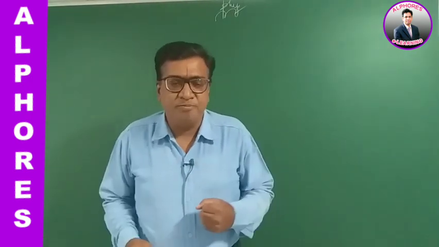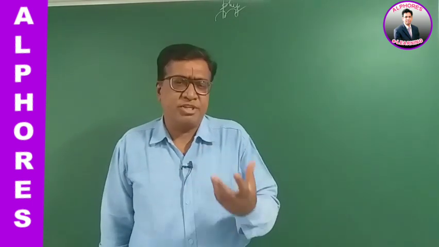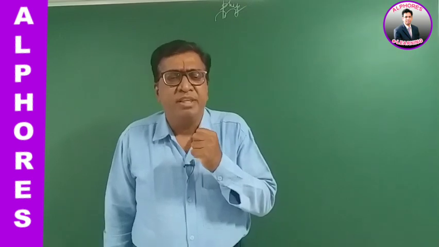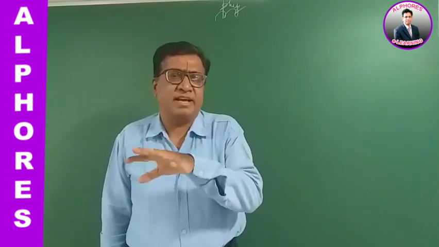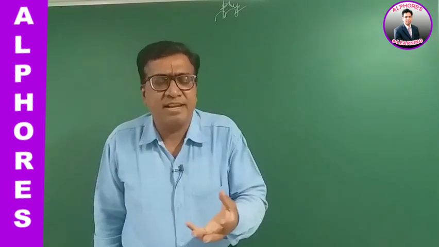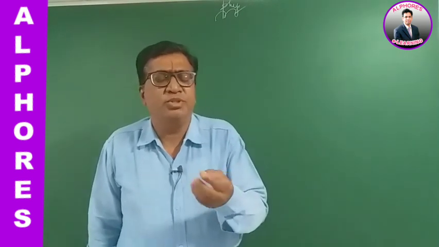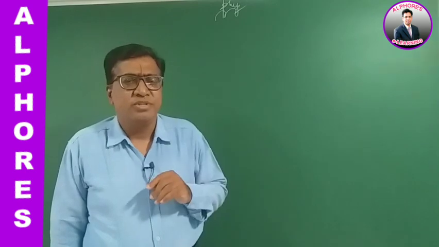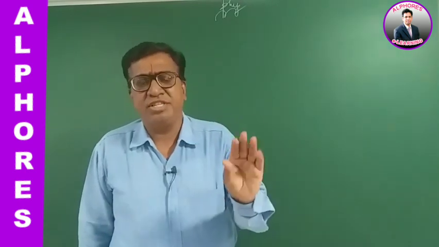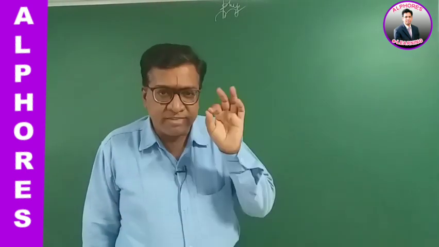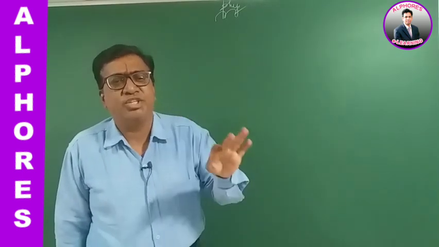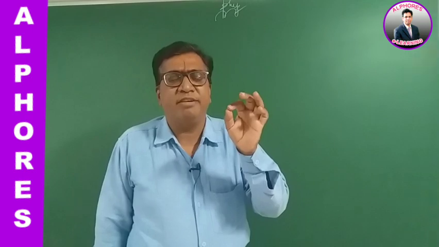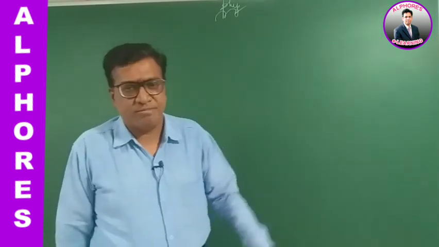I was telling you, physics is the subject of measurement, right? When you measure, you get a physical quantity. Physical quantities are of two types: scalars and vectors. Scalars are quantities which possess magnitude but no significant direction. Even if they have direction, it has no significance, and they are just a number with a unit. Vectors have both magnitude and significant direction. Not only direction, they even obey the laws of vector addition.